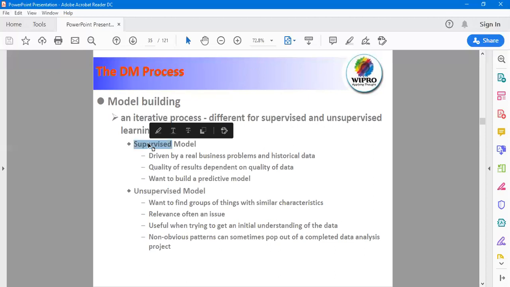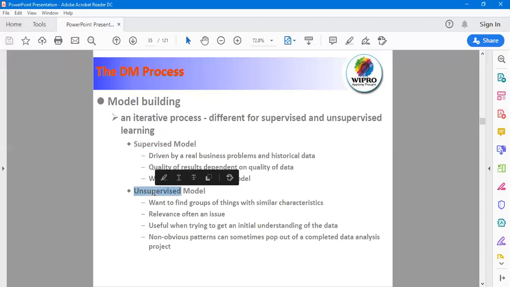The terms may look very complicated, but it is as simple as that: all the training data you feed your machine for learning purposes is seen data. Whereas in unsupervised learning, every data is unseen data.